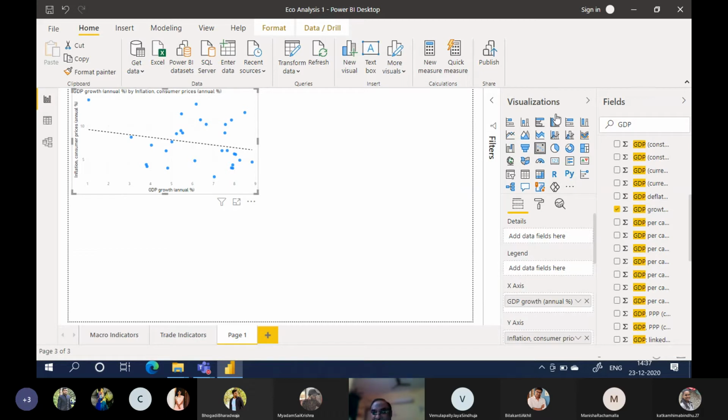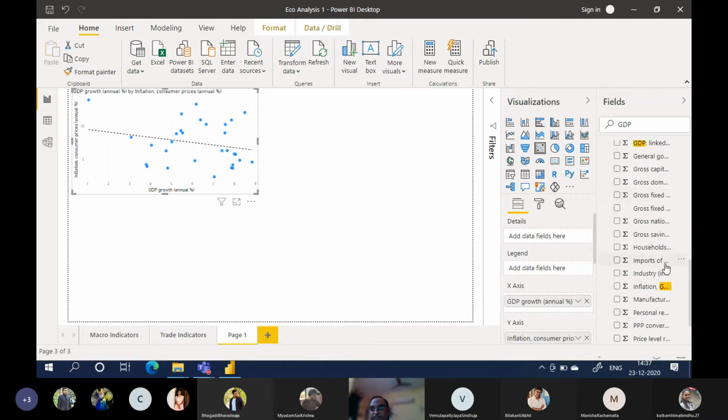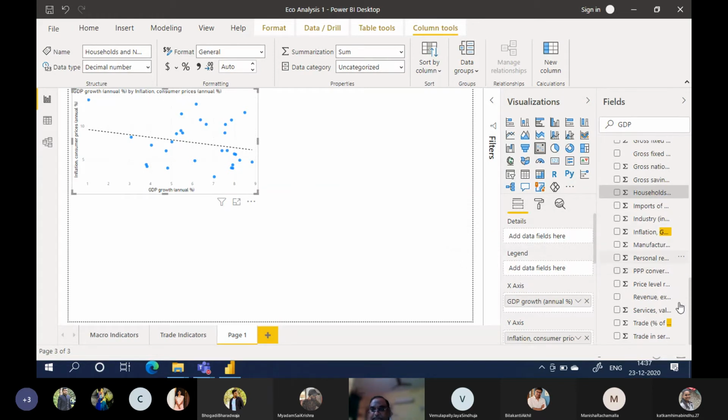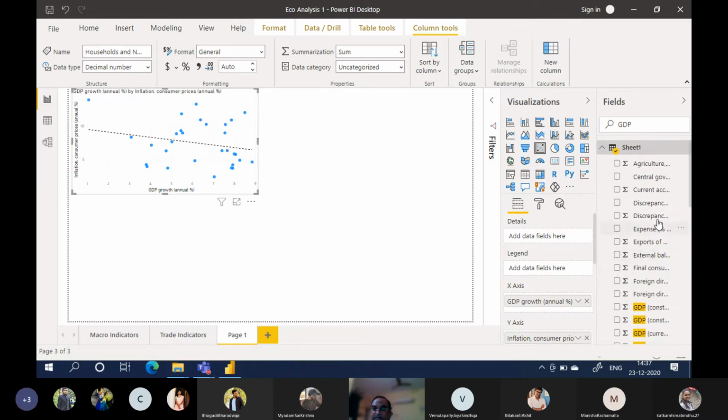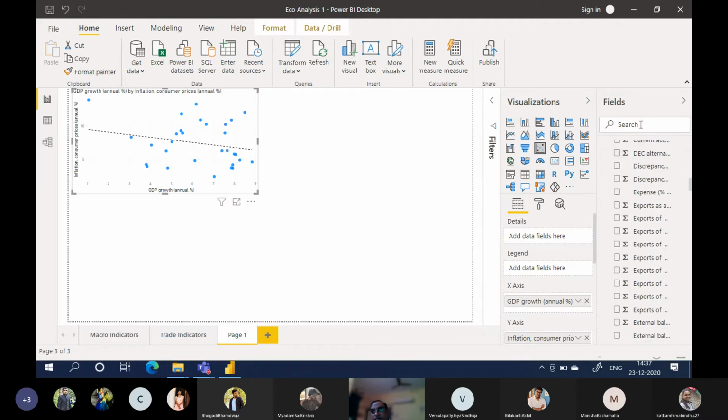We can also do scatter plots for, let us say, savings percentage of GDP, and what else we can do? Okay, we have to put GDP as this thing.